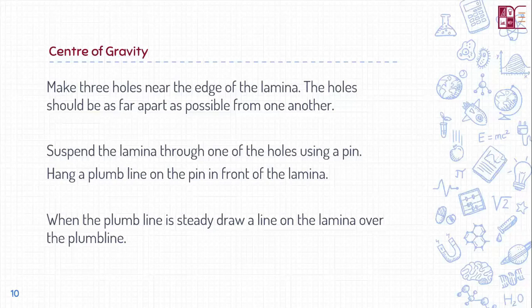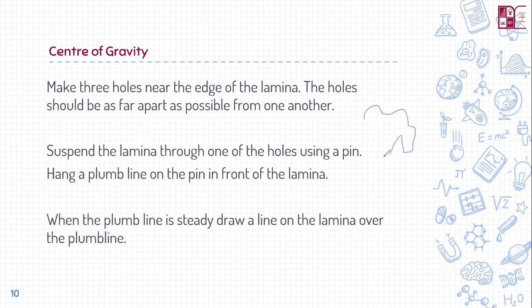So let's say you've got an object here, that's kind of like this. And what you do is you make small holes at the end of the object. Make sure you've got enough distance between them. And then you hang them on the plumb line by these. So when you hang them, you'll see, and when you draw the plumb lines on